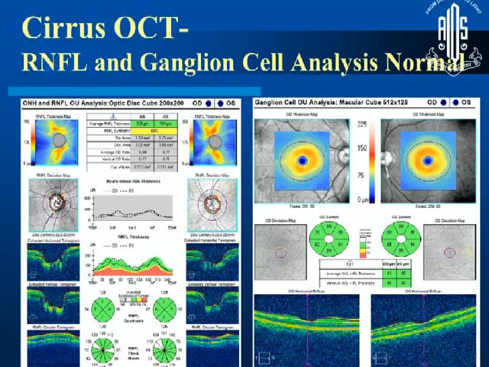So then, when we acquired the Cirrus, remember that the baselines need to be redone. Since we were then doing it on the Cirrus, all these patients had their baselines on the Cirrus again, and we have the advantage of the ganglion cell layer as well, so you can follow it up as well, but the baselines need to be redone. So now all that information on the Stratus is really redundant, because this is a baseline on which we are going to keep these patients on follow-up. So it's a good thing to have the ganglion cell as well if you can.